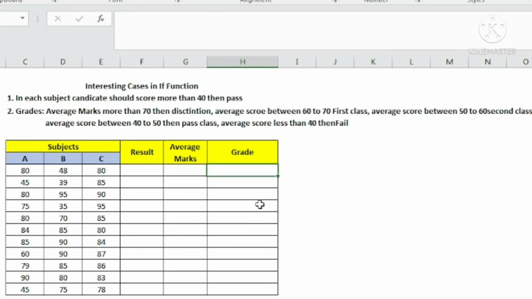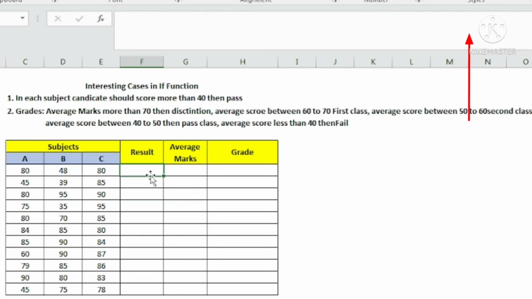What should be shown over here? So let us go ahead and put the first condition about the result. I have made a separate video on the normal IF function. If you want to learn the IF function, please go ahead and watch this video. The link is provided on the top right corner.